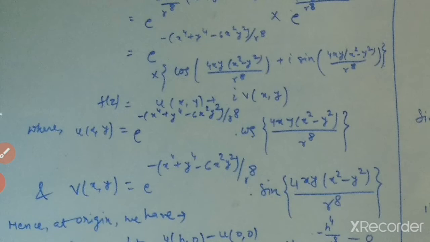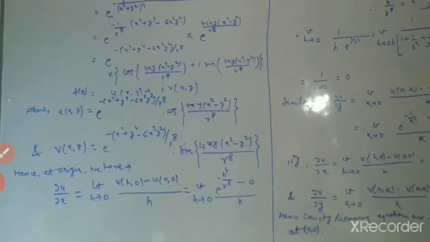And v(x,y) equals e to the power minus (x⁴ + y⁴ − 6x²y²) divided by r⁸, into sin 4xy times (x² − y²) divided by r⁸. So here the function is analytic. Fine. Analytic at what? At (0,0), and secondly we have to prove that the function satisfies the Cauchy-Riemann equations. So first we will see